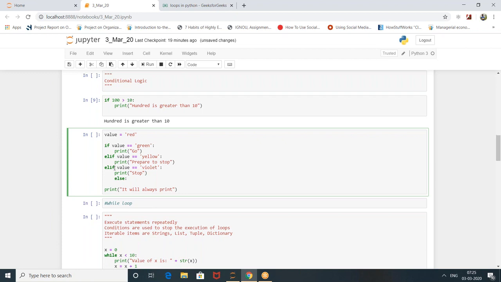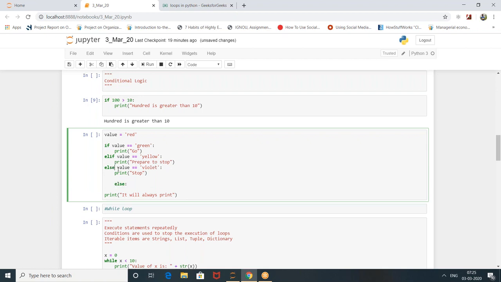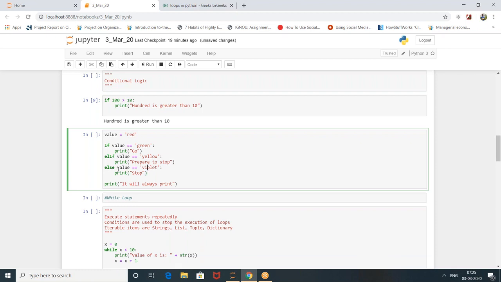My question would be, if the top two statements are wrong, and then if both are wrong, I want to change the value to violet. You want to modify it to violet, right? Syntax wise, after else you cannot write any condition.